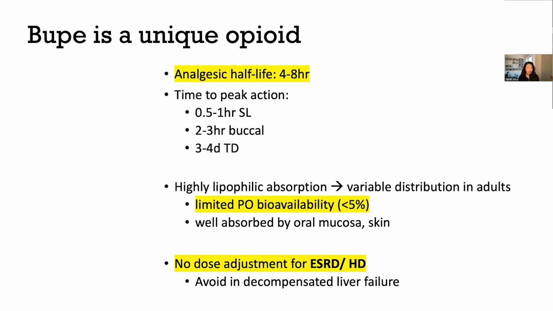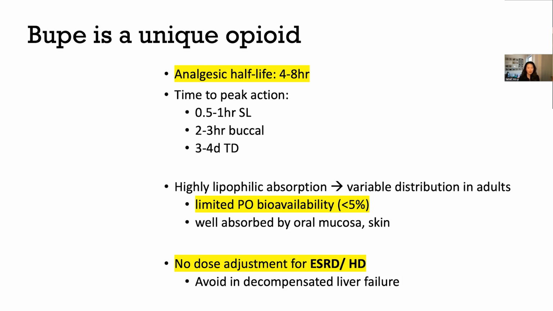So I mentioned that buprenorphine has a long pharmacologic half-life, just like methadone. And some people, like for opioid use disorder, only need to take it every other day, or they might just take it once a day and feel stable during that time. But just like methadone, it has a shorter analgesic half-life. So the analgesic half-life is really 4 to 8 hours, which means that for pain relief, using buprenorphine in a split dose manner, like 2 or 3 times a day,